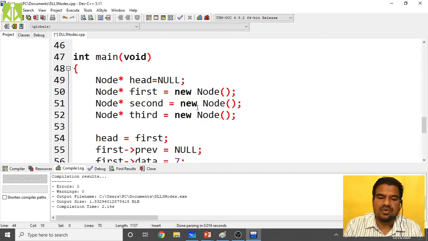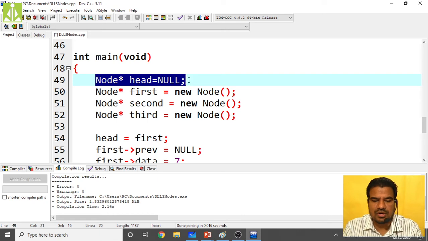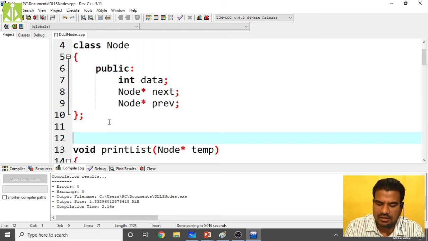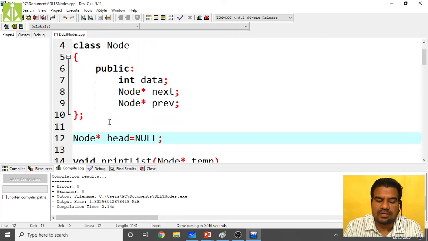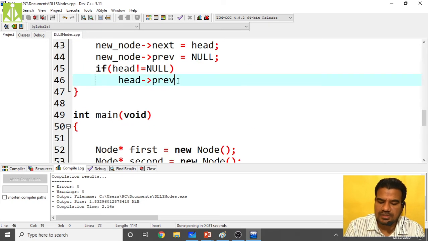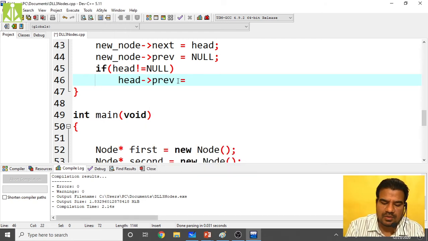We have initialized the head, so this is not the correct thing. We have to make the head pointer after this node, globally. So now your head pointer will become accessible. Head of previous equals to null.